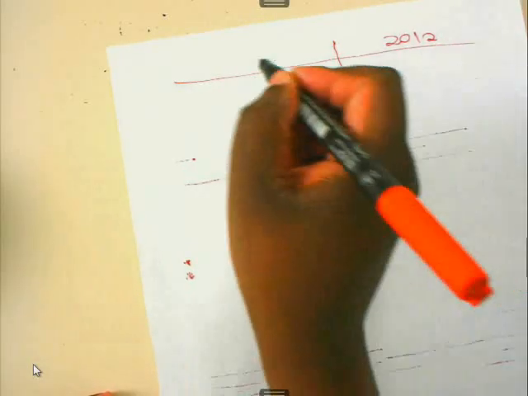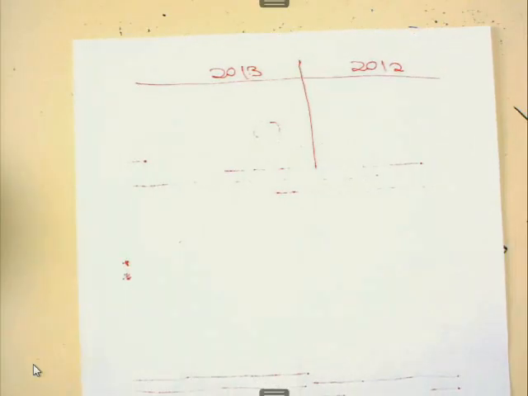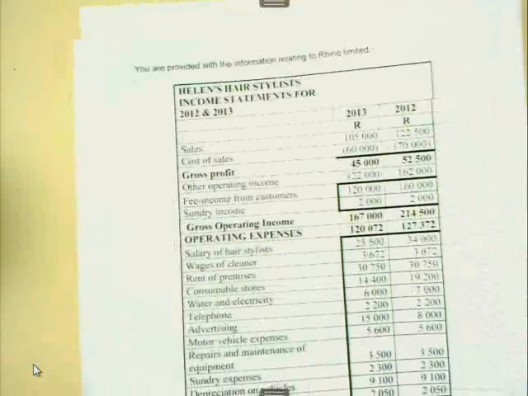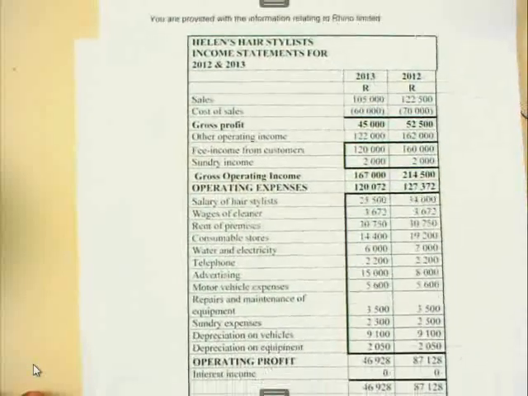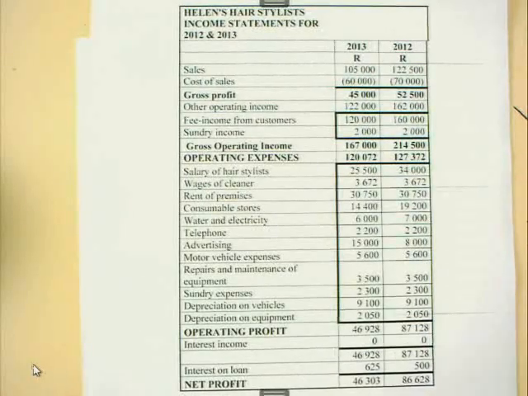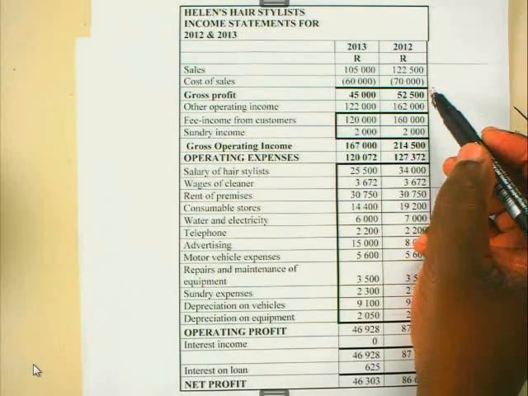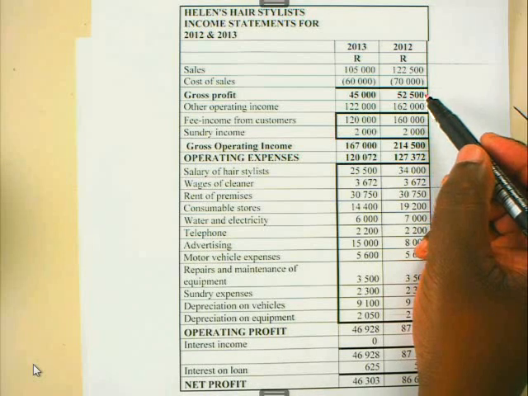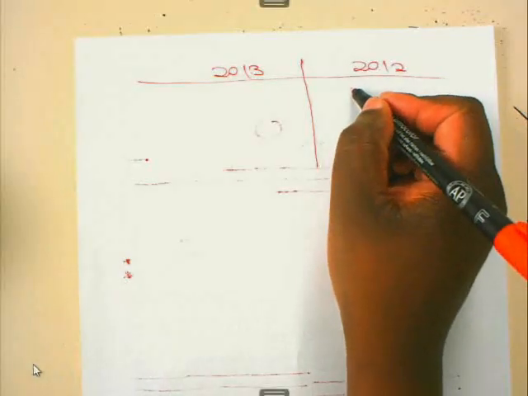I use the same years so that we avoid confusion. It will still be 2012, and our current financial year will be 2013. Based on the information we said earlier, the information for the profitability ratios is contained in the income statement. Now for 2012, there is your gross profit, 52,500. It means for 2012, our gross profit is